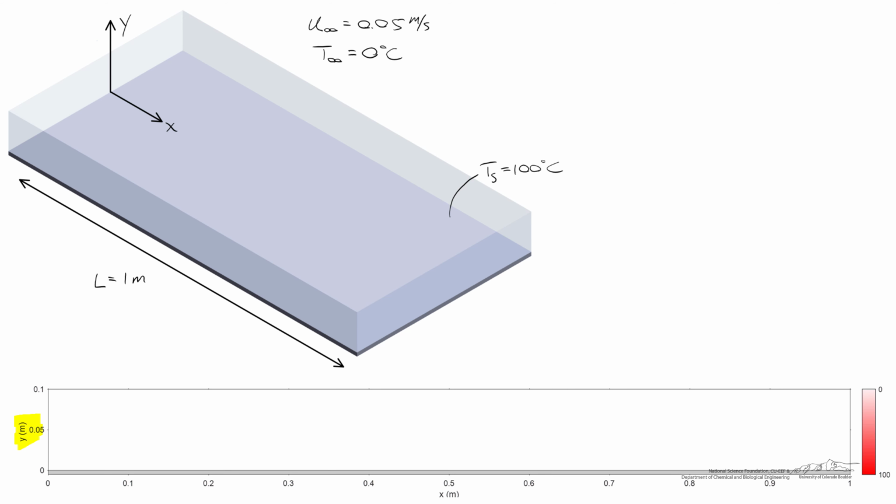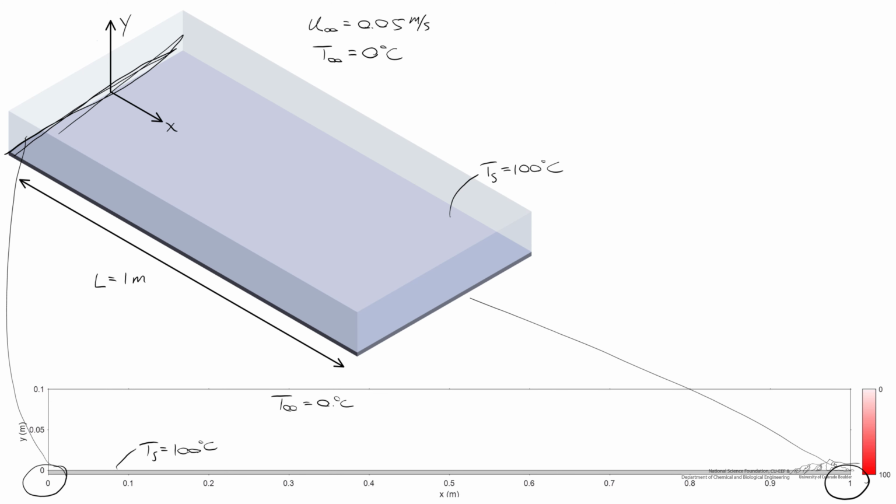What we're going to explore are a number of graphs in which we've got y on the vertical axis, x on the horizontal axis. I'm showing the plate down here. This again has a surface temperature we'll set at 100 degrees C. At a distance far away from it, we'll set T infinity equal to 0 degrees C. And the vertical axes are going to range arbitrarily from 0 to 0.1 meters. Do keep in mind that that dimension goes up to infinity. And on this part of the graph, we've got x equals 0, which represents the leading edge of the plate, and I've got x equals 1 meter, which represents the trailing edge of the plate.